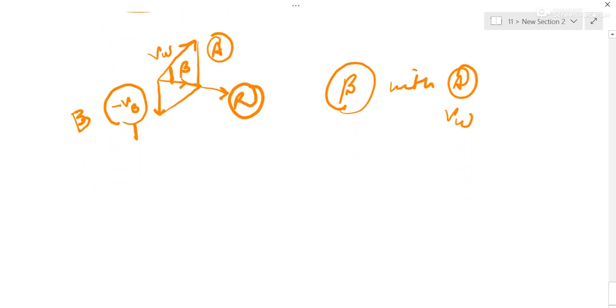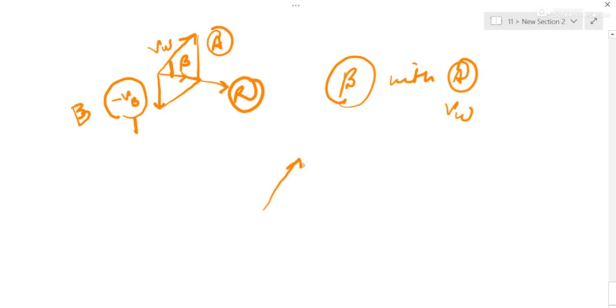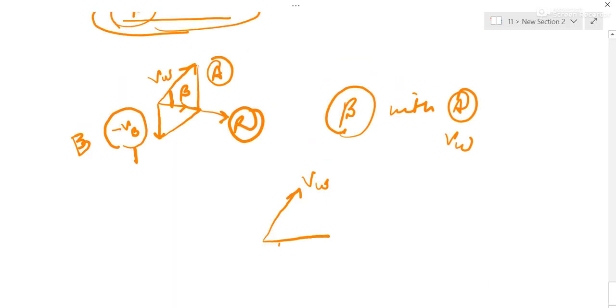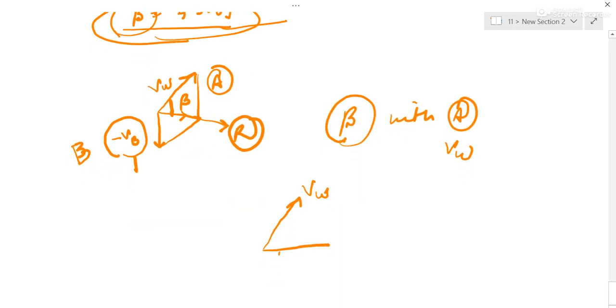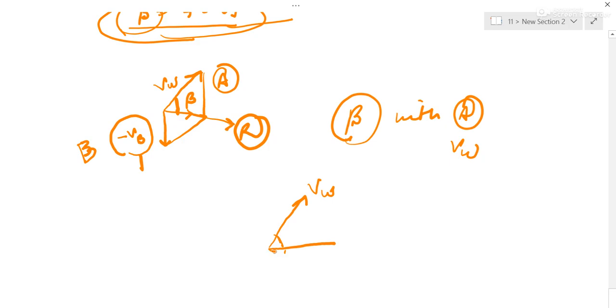Fine. So you can see this was your northeast, this is the velocity of wind, this was your coordinate system. So 45.01 will be here somewhere, very close. Beta is coming 45.01, no? So this is 45. So it means the resultant is here only somewhere. The flag is fluttering along this direction. This is beta. Beta is the angle between the resultant and vector A. So, getting to the next.